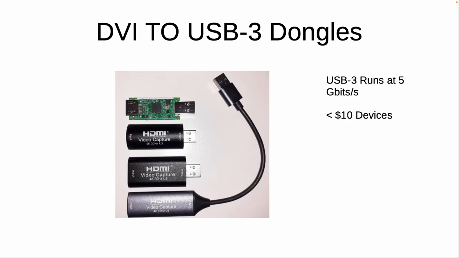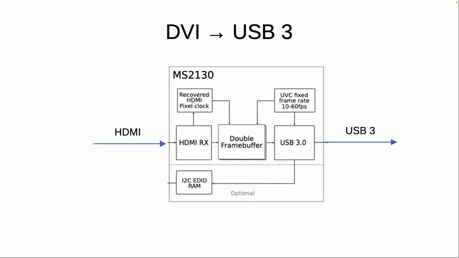And the way that this works, it has another interesting process, which is a double frame buffer. So the HDMI signal comes in. Somewhere along the way, it gets converted to YUV. And then it gets written to one of these double frame buffers, and in the meantime the other frame buffer is sending out to USB 3. And then whenever the frame changes, the two interchange, and now USB 3 is sending out the new frame buffer and the old frame buffer is being written to.